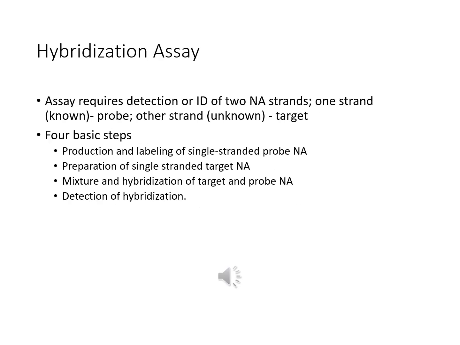The hybridization assay requires detection or identification of two nucleic acid strands. One strand is the known, otherwise known as the probe, and the other strand is the unknown, which is our target. So the unknown is going to be from the patient. There are four basic steps. They are: production and labeling of a single-stranded probe nucleic acid, preparation of the single-stranded target nucleic acid, mixture of the target and the probe for hybridization, and then detection